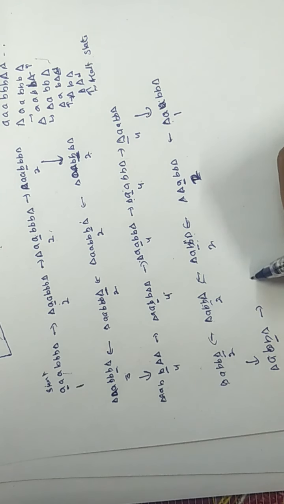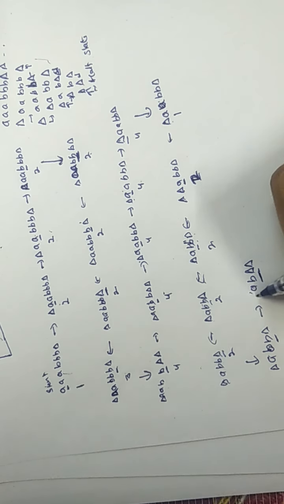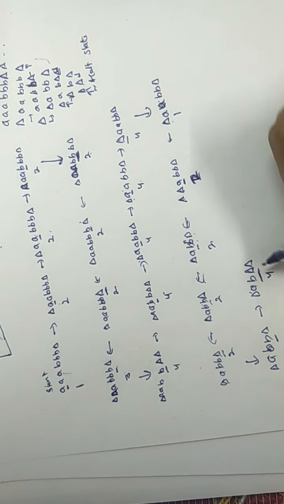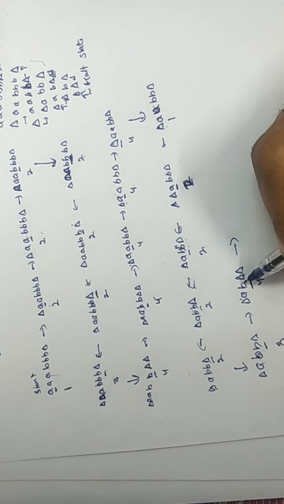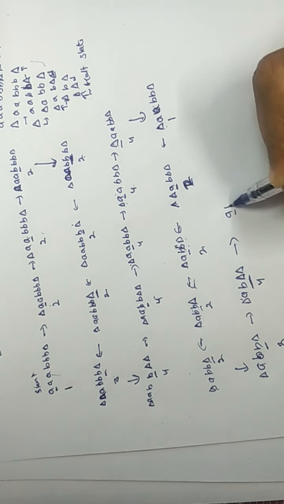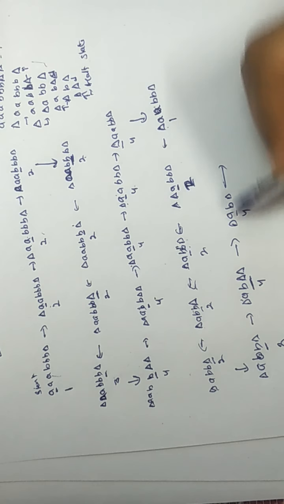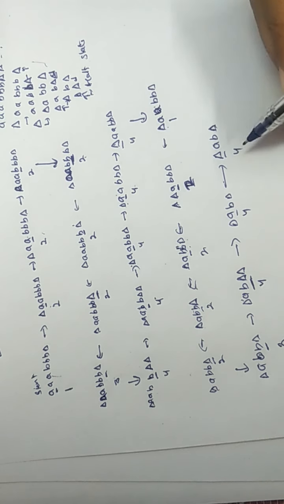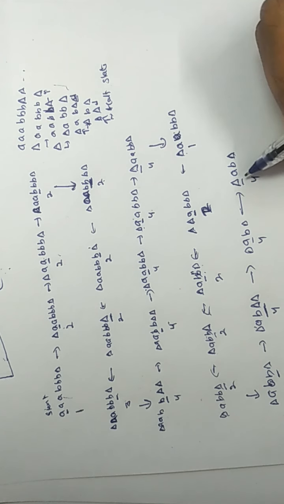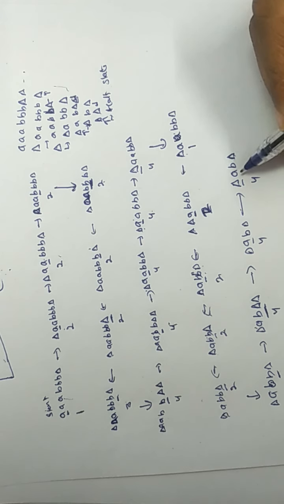Now convert this B to blank and move to left, and we reach state 4 from state 3. Now at state 4 we read B, remain unchanged and move to left. Now at state 4 reading A, leave it unchanged and move to left, and we remain at state 4. At state 4 we read blank, leave it blank, move to right and move to state 1.